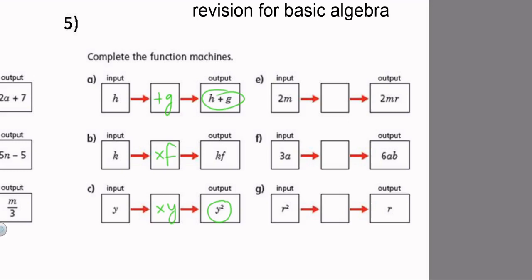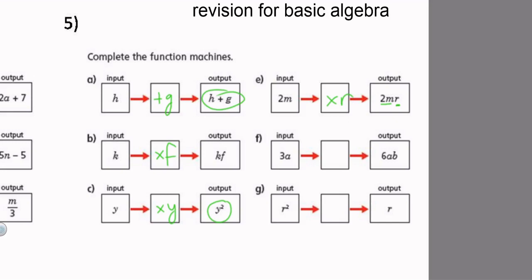Question E. 2m becomes 2mr. Notice there's no time symbol between the 2m and the r. There's no time symbol, so it must be times r. 2m times r is 2mr. The time symbol disappears. This one,